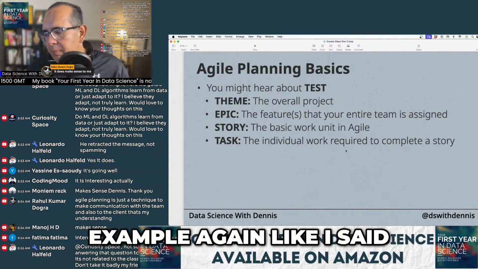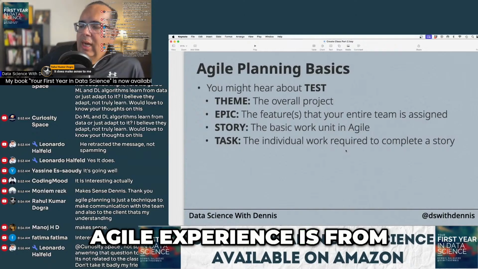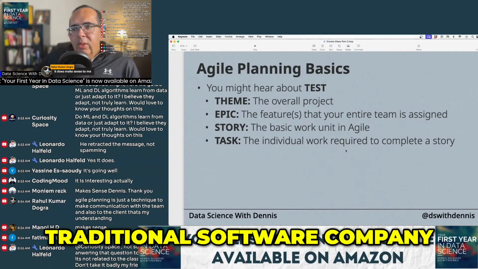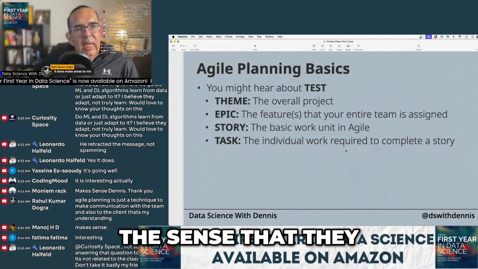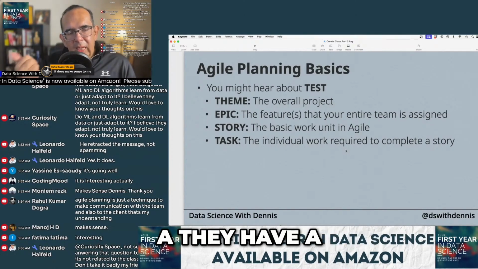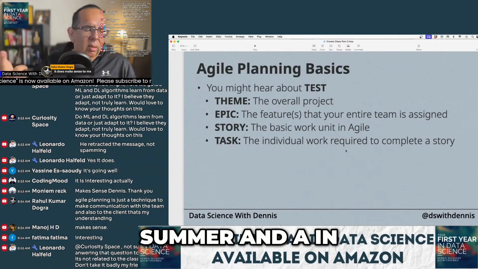So let me give you an example. Again, like I said, my most beneficial Agile experience is from IBM. IBM is a very traditional software company in the sense that they have two releases every year, right? They have a summer and a winter release.